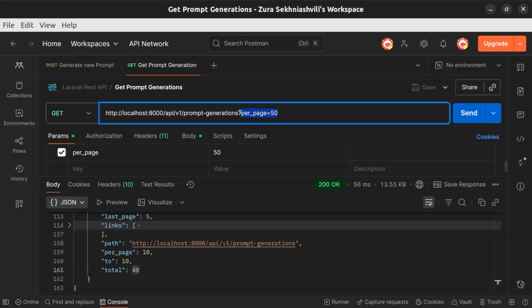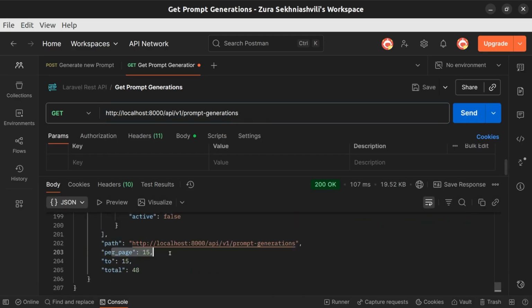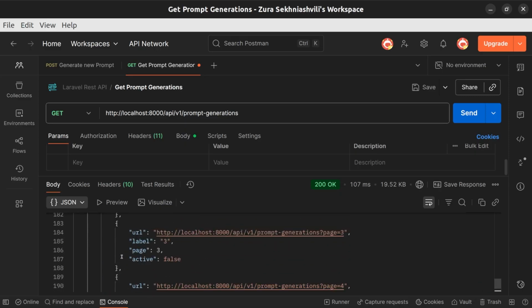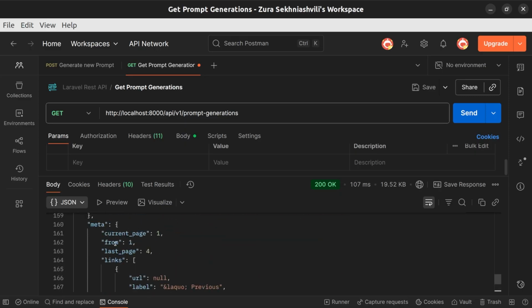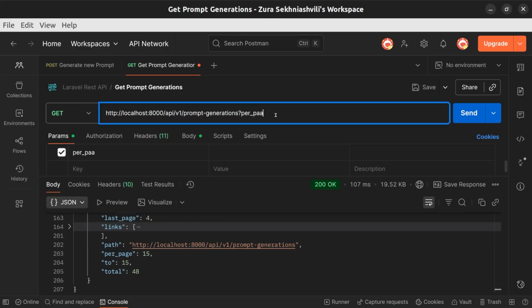By default, worth mentioning that it is not 10, it is 15 by default. So if I scroll down below, we're going to see per page is 15, and we are seeing records from 1 to 15. But if I change this into per_page equals 50 and make the request now,